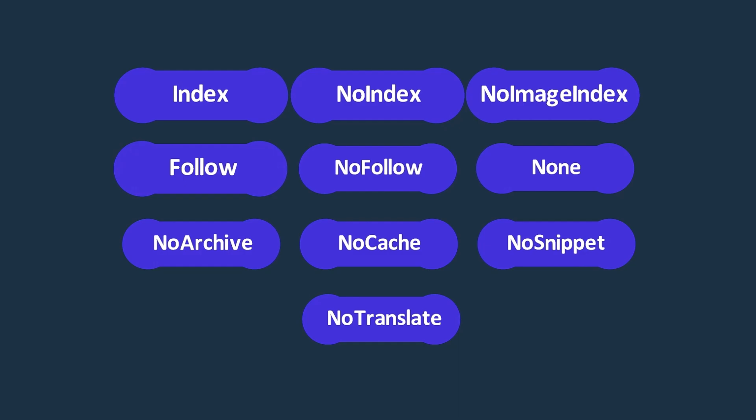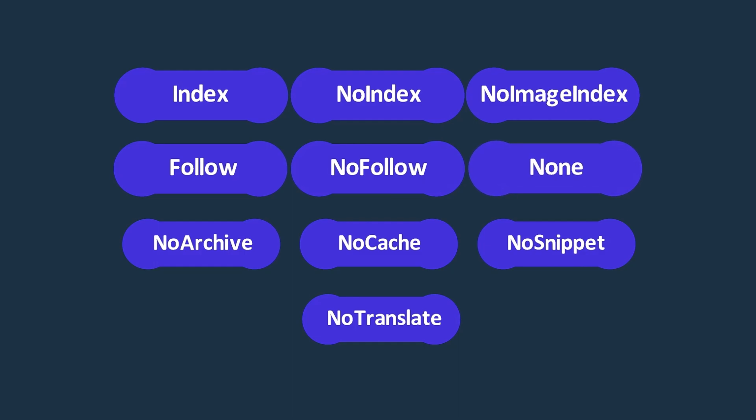It's the default behavior, so if we don't specify anything, the links will be followed. Nofollow. By using this value, search engines will not follow any links on the page. It's useful if we want to prevent search engines from crawling the linked pages.